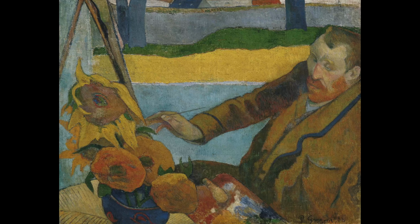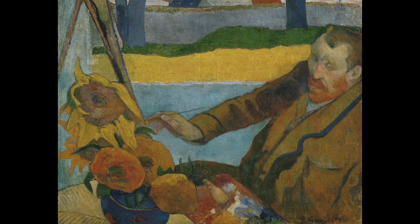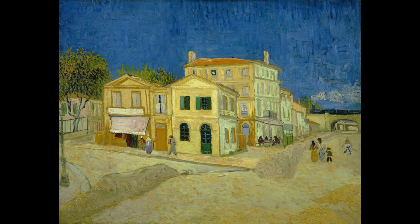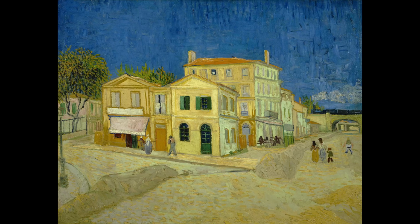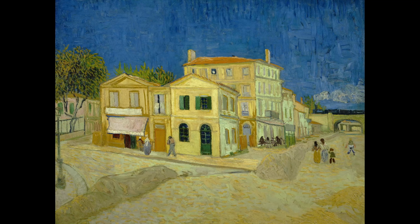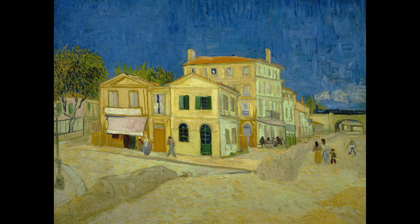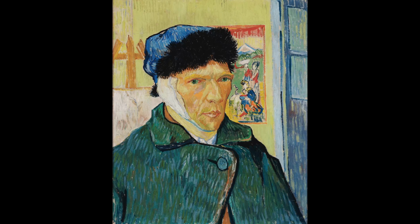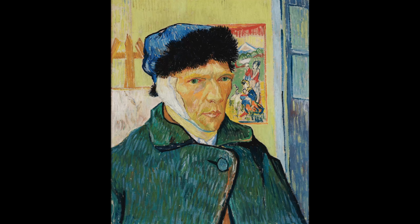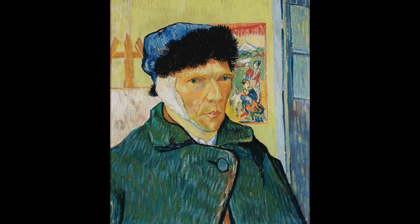Instead, the 2 men fought, and the night ended with Van Gogh injuring his own ear. Gauguin left the next morning and never came back. Whatever family Van Gogh had built for himself in the south of France was suddenly gone. By early May of 1889, alone and afraid of what his own mind might do next, Van Gogh admitted himself